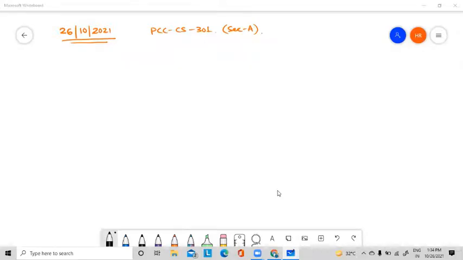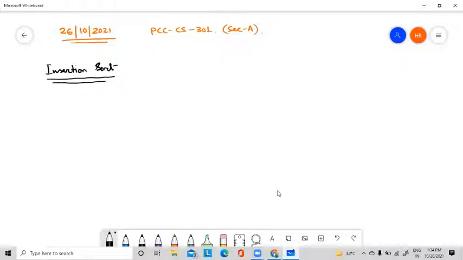In the last class, we discussed insertion sort. For the last two classes, we are discussing sorting. We have seen the particular situations for which we should prefer insertion sort. That's why insertion sort is sometimes also called online sorting or card sorting.